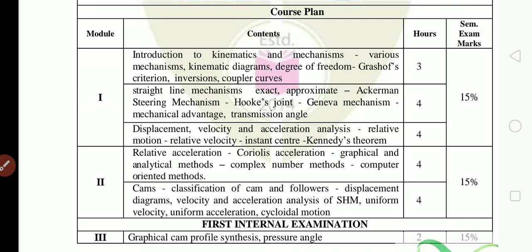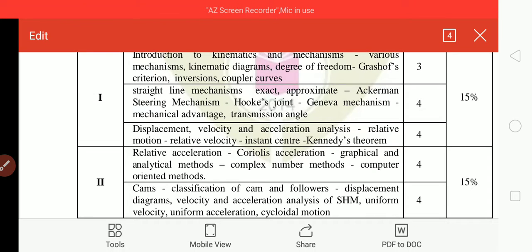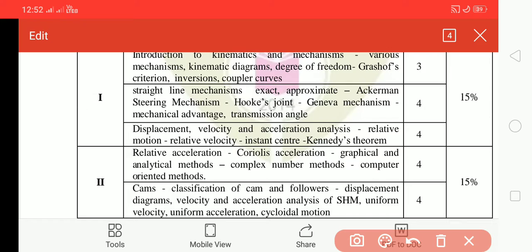So first module, you can see it is divided into 3 parts. So first one is